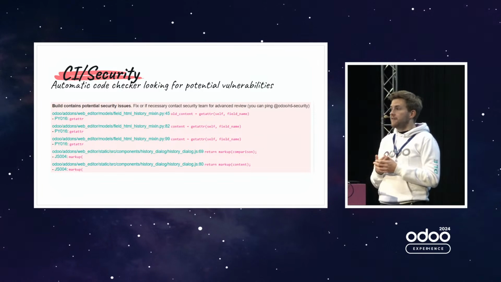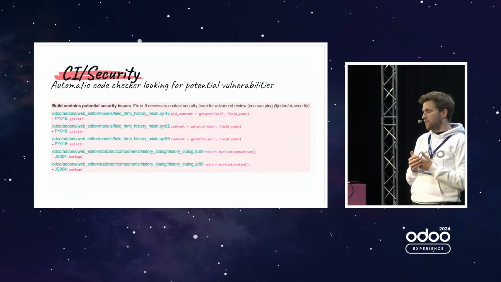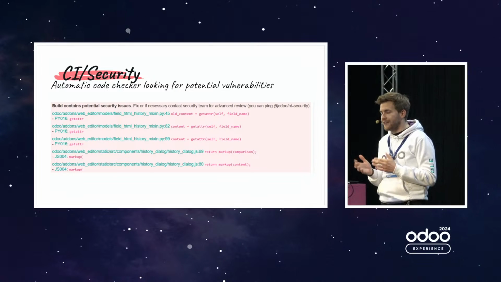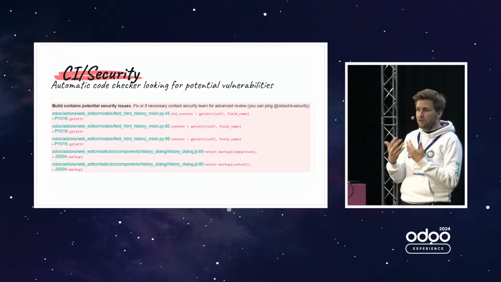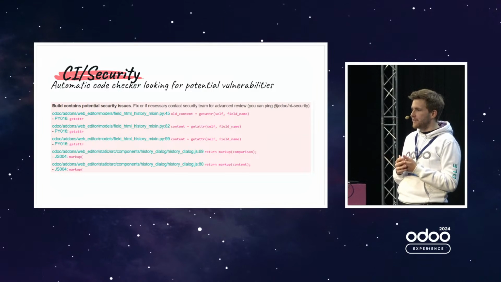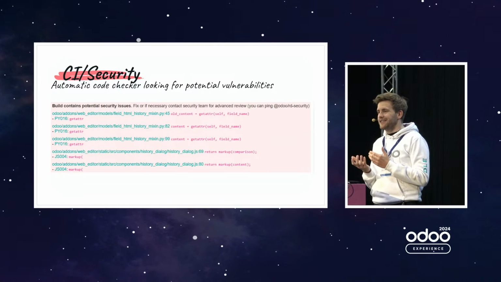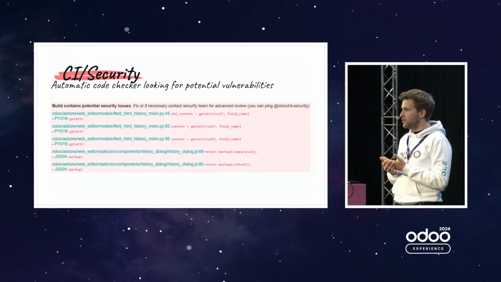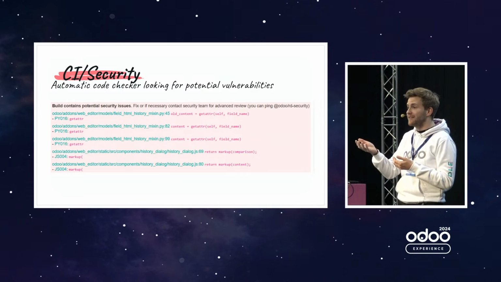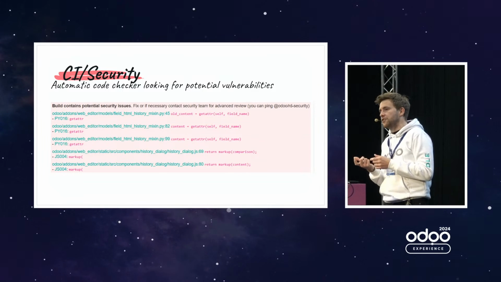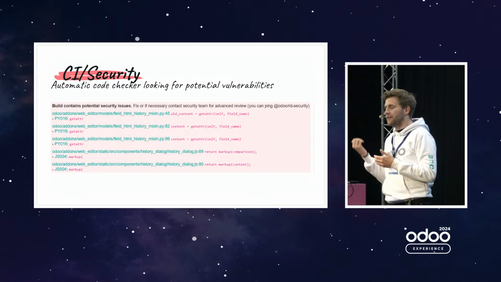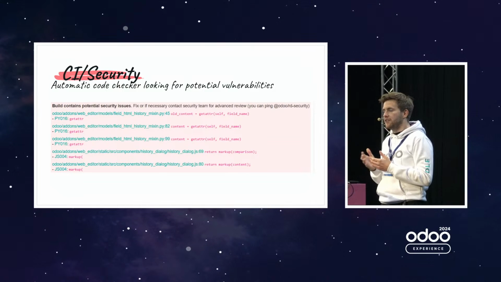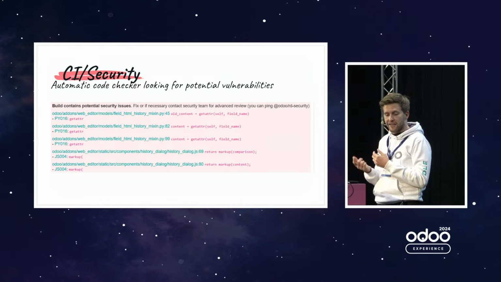When you are committing a new feature into Odoo, we have what we call the runbot, which is basically running unit tests. And among those unit tests, there is what we call the CI security. So it's a static analysis of the code, which detects dangerous patterns in the code they just committed. And if there is something we believe is dangerous, in addition to the regular review, there is a security review from employees working in the security team to make sure there is no issue.